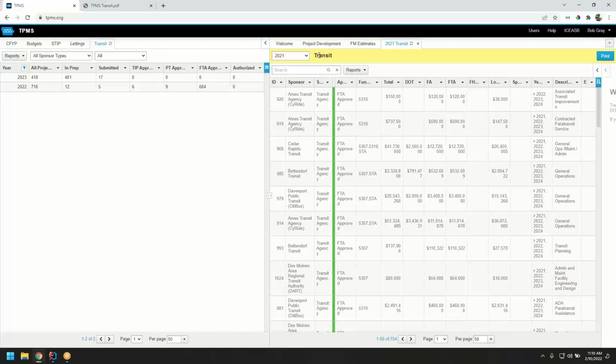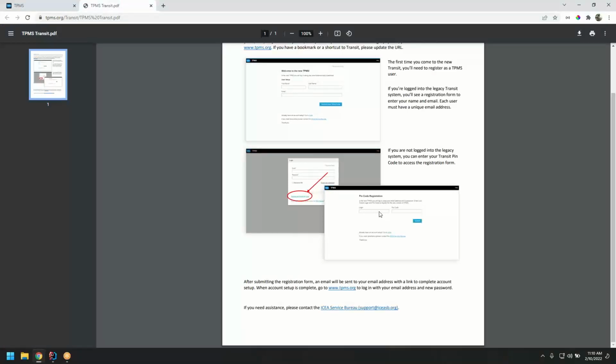Unless there are any questions, I'll take a question on user registration if anyone's got one. If we have a new user, how do we get them registered? Sure. As long as they've got that login and PIN code, which in the old system is by organization, if you're talking about registering a new user today, they would just put in the login and PIN code and go through this self-registration part. In the future,